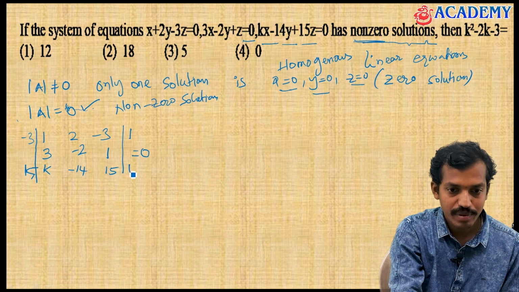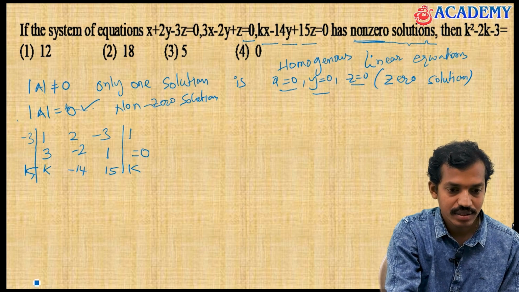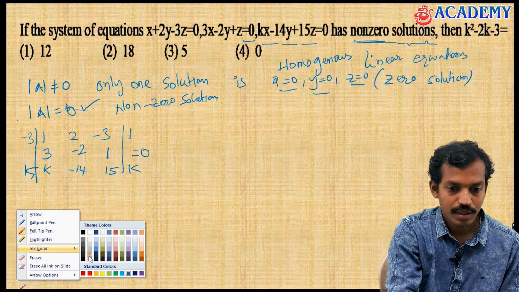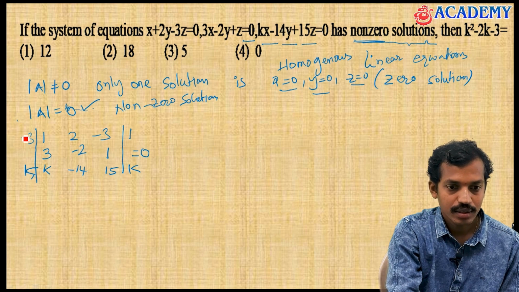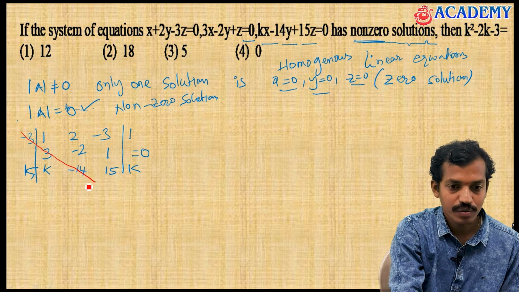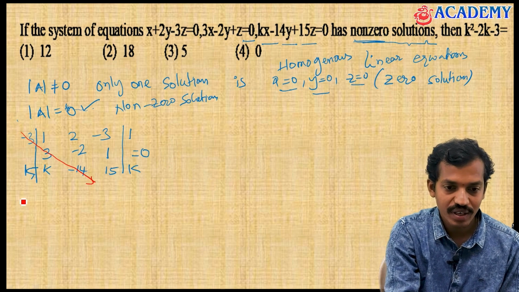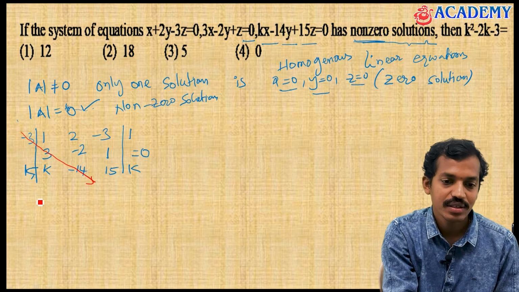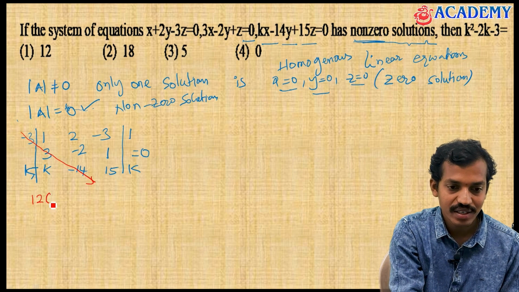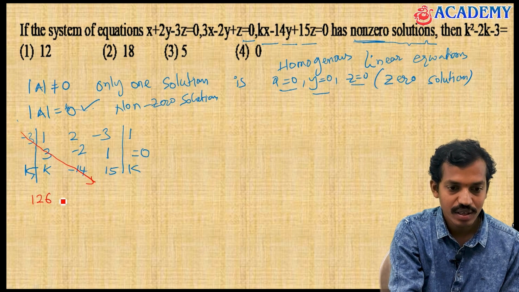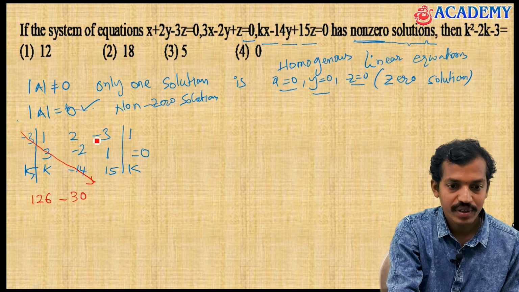15, this is going to be k. That's what I am taking here. Minus 3 into 3 into minus 14: 3 times 3 is 9, plus, you will get 14 times 9, 140 minus 14, means 126. Minus into minus is going to be plus, 1 into minus 2 into 15, minus 30.